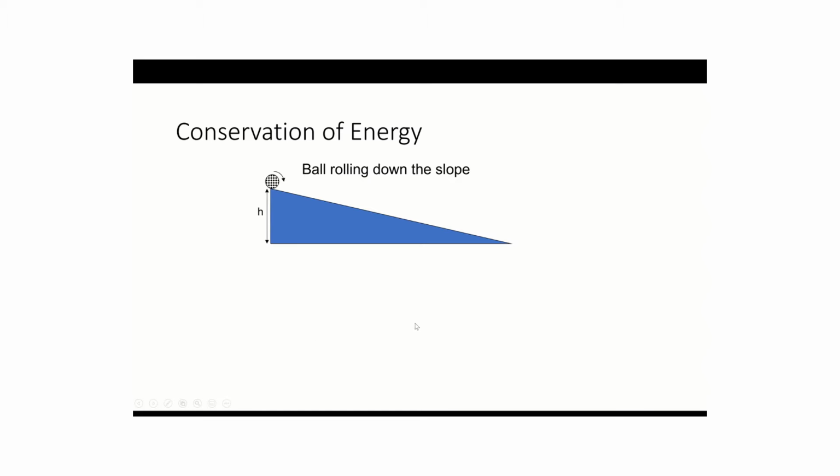So right, let's watch this and consider a ball rolling down a ramp. Now, if we actually did this experiment, we could measure the gravitational potential energy at the top, which we'd say is mgh. We could also measure the kinetic energy at the bottom, which equals a half mv squared. And if we actually did this experiment, we would find that mgh is much, much bigger than a half mv